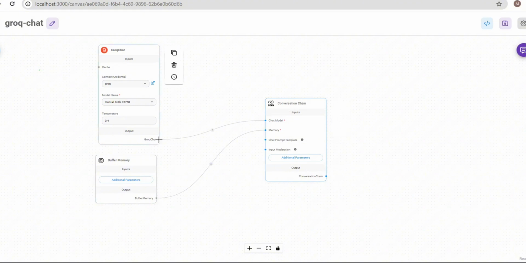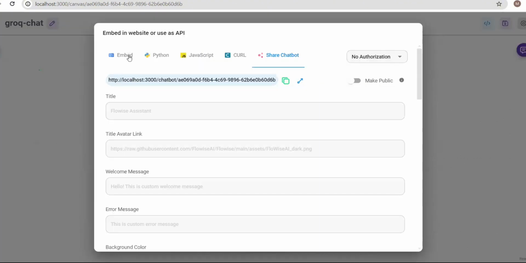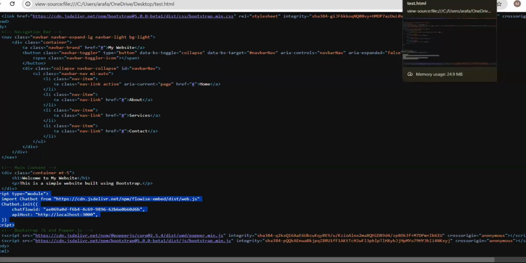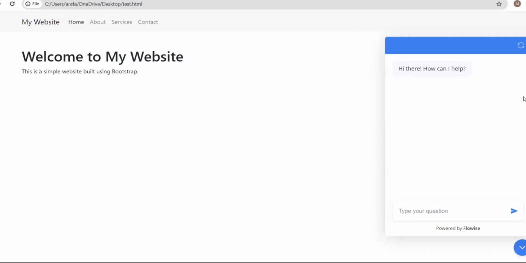So just connect the Groq chat, click and drop it in the other node called chat model. And from the buffer memory to the memory. So this is a very, very simple chat. So we create it, and I explained to you how we can deploy it with the embed. I'll show you. So we have done this,